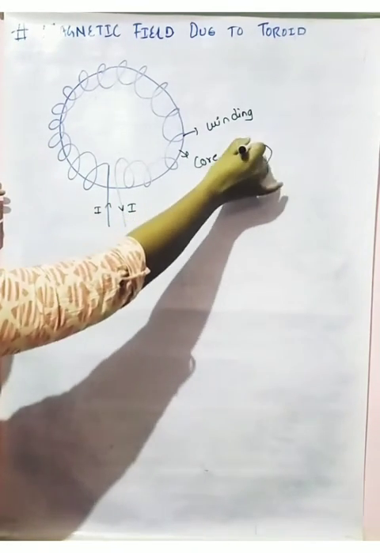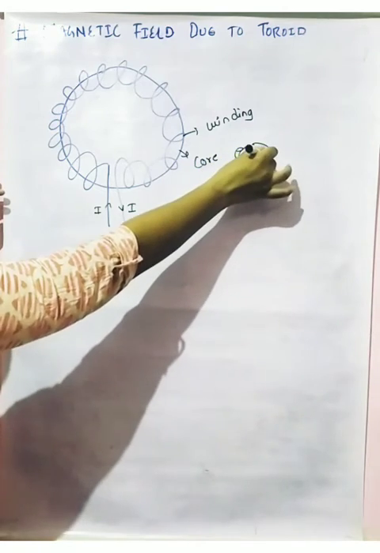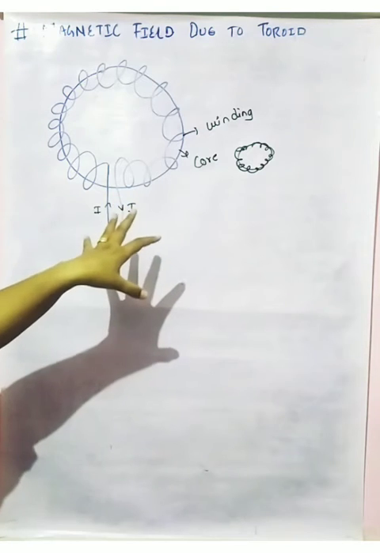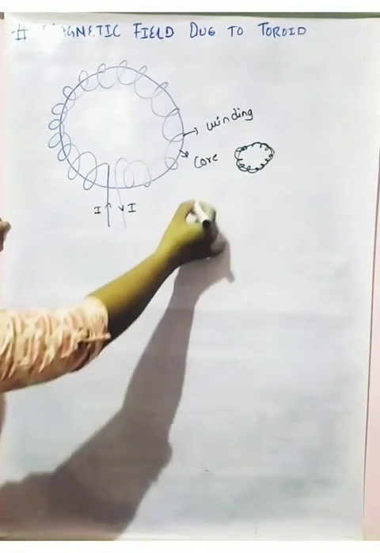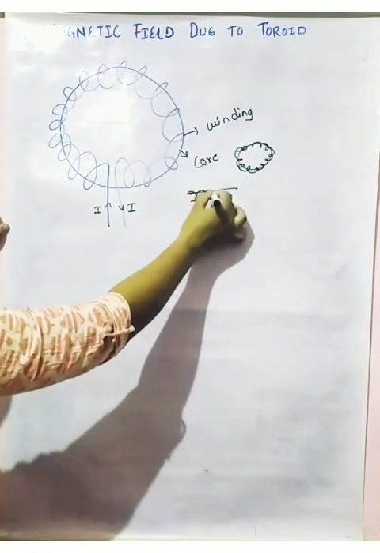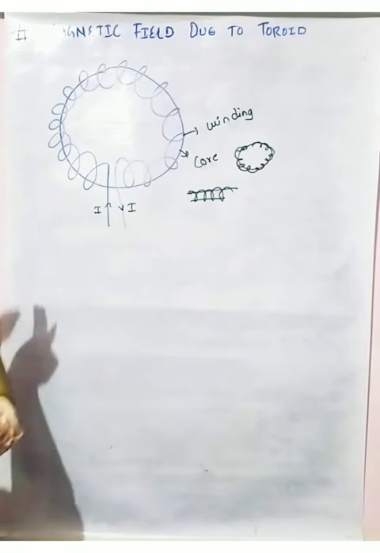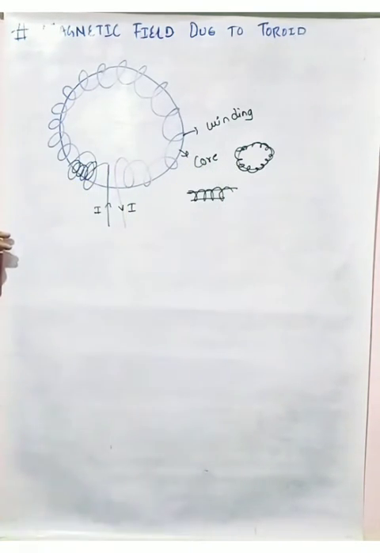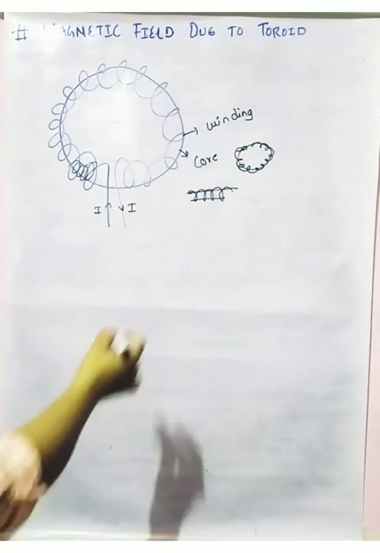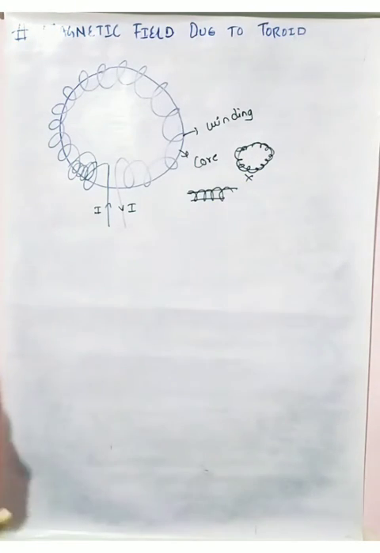When we wind a wire over it in a circular fashion, it gives us a solenoid, and now it gives us a toroid. The name of this solenoid is toroid. Now the question is, why are we making this toroid? Because in the solenoid there is a gap between the windings, but here there is less gap, because we wind the turns very close to each other. So there will be no loss of magnetic field.